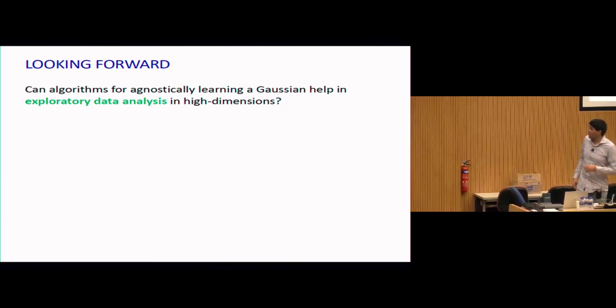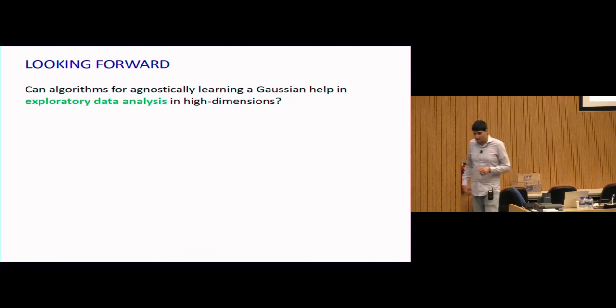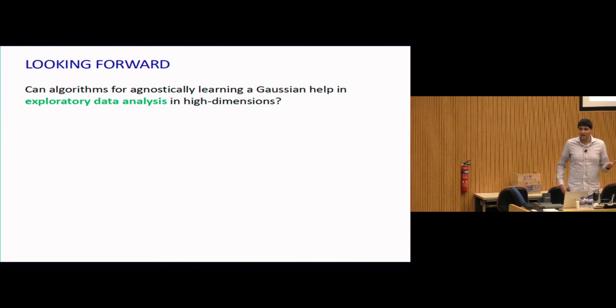But they are. So one of the things that I think is really exciting too is that what's really going on underneath this is that we have a way of finding the non-Gaussian projections of data. That's really what we're doing when we're doing all of these tensor spectral approaches based on Isserlis's theorem. We know what the moments of a Gaussian look like. We know how they relate to matchings and how they relate to restricted eigenvalue conditions. What we're really doing is using that technology to turn the question of looking for a direction in which the fourth moments are really off from what they should be into a problem that you can algorithmically solve through spectral techniques.